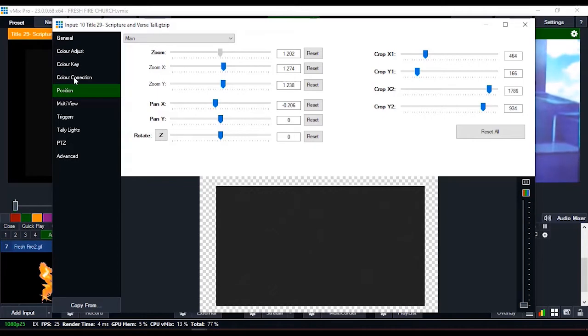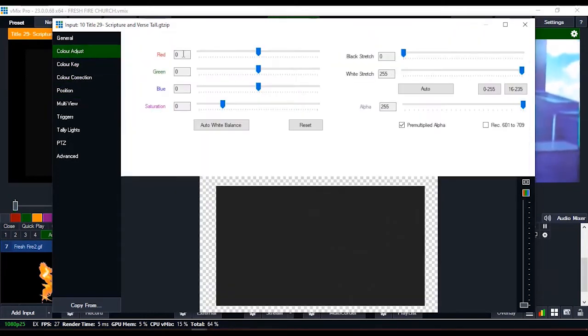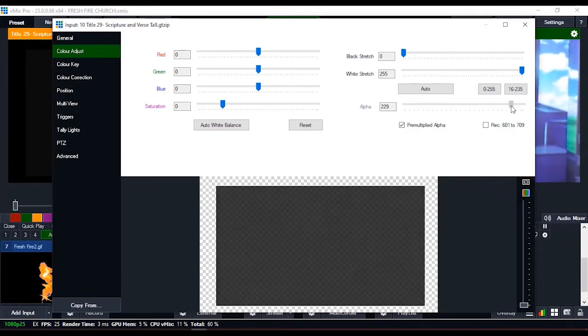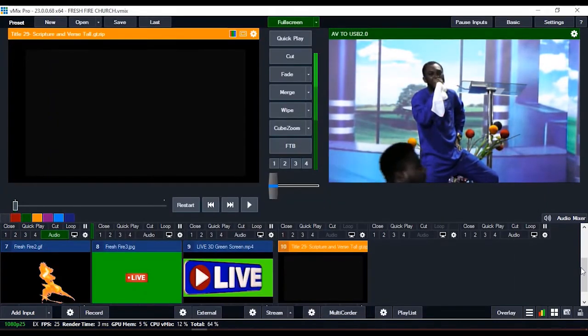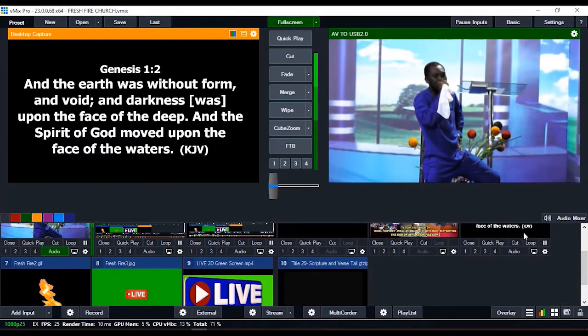Once that is done, go back to transparent. You see the alpha there. Let's reduce it a little bit to make it transparent. We don't want it to be blank. Make it transparent a little bit, and once we are done with that, go back to our Bible. You can see it there. Go back to our Bible.